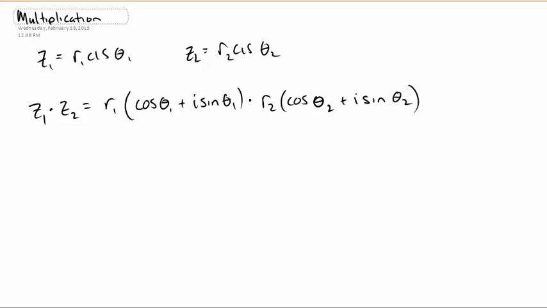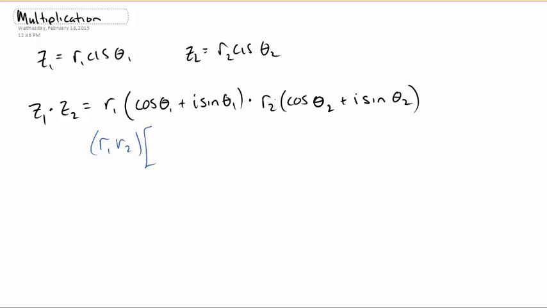is r2 cis theta 2, then it should follow that z1 times z2 is r1 cosine theta 1 plus i sine theta 1, of course, times r2 cosine theta 2 plus i sine theta 2. That is a mouthful and it looks horrible, but it's actually a really nice thing. So let's go ahead and digest what we have here and try to do some simplifying and make this a little bit more usable. Since it's all multiplication, we can write this as r1 r2